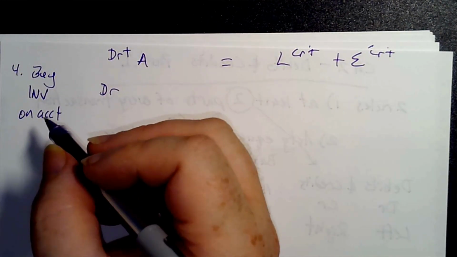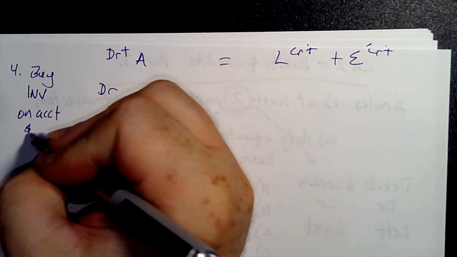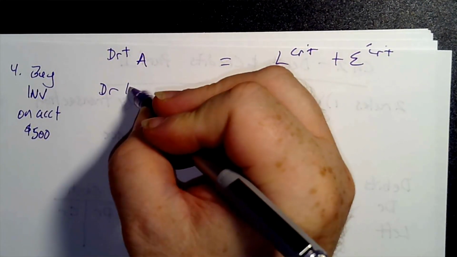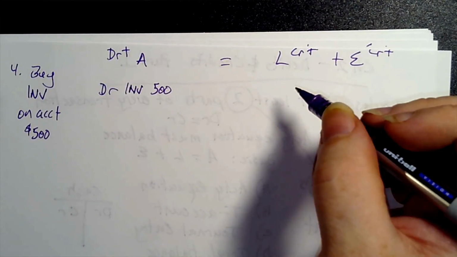Well, I didn't say how much, did I? We're going to buy $500 worth of inventory on account. So I would debit inventory 500 and